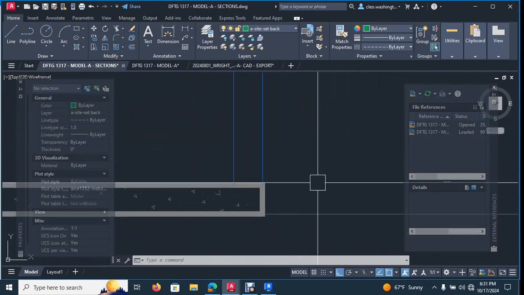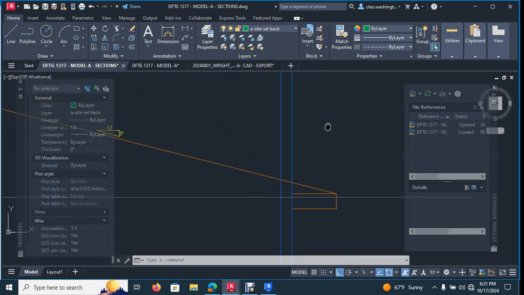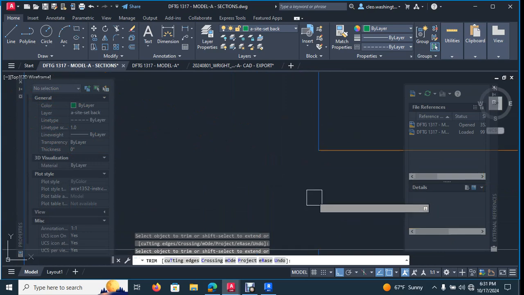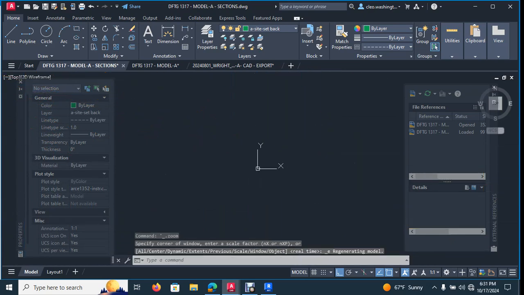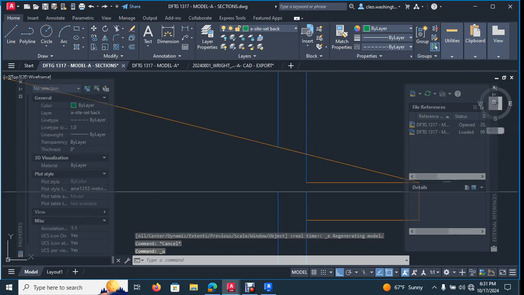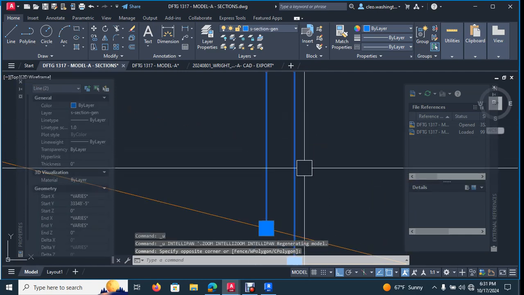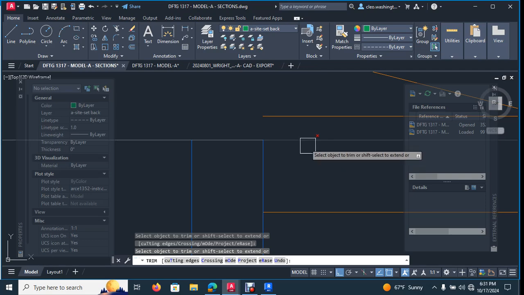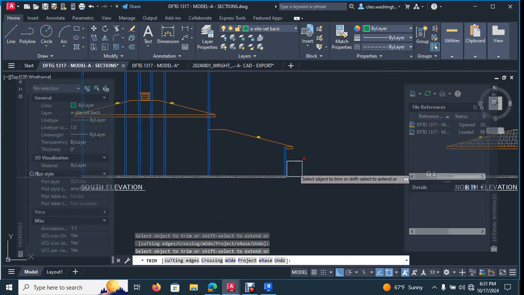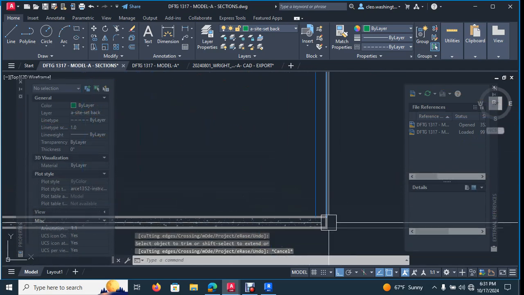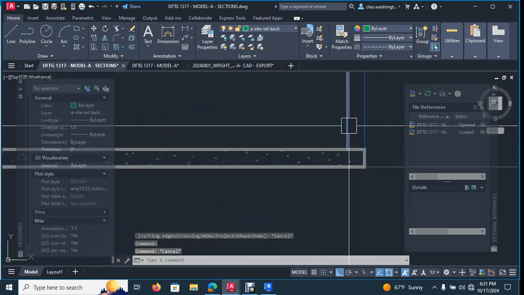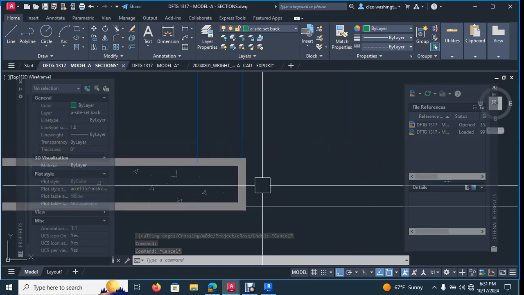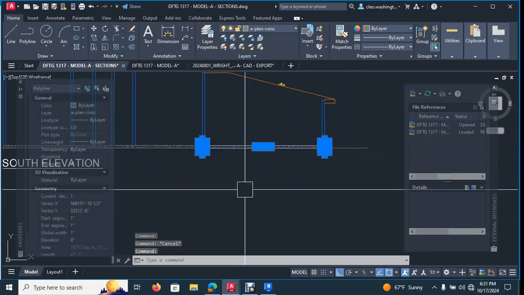Okay. Now, first things first, what we want to do, let's go ahead and let's trim this wall. Let's trim this up. Clean it up here, clean it up here. Let's delete the ray lines, okay? And then you want to type in TR, clean it up here and here, all right? Now, this is our exterior wall, all right? And we'll have to do something at the foundation because we need to create a little 1-inch